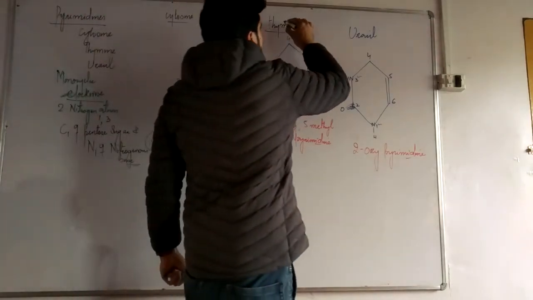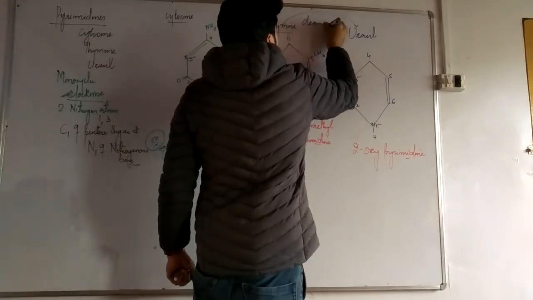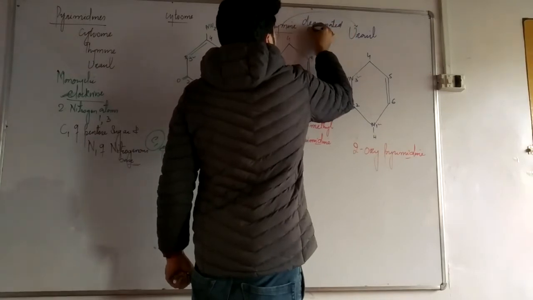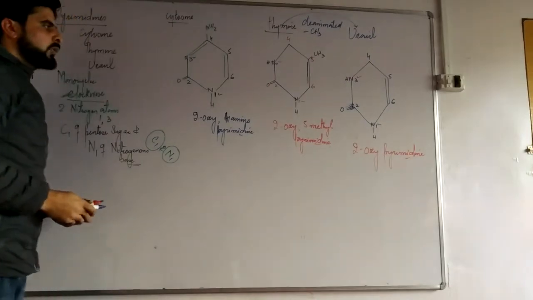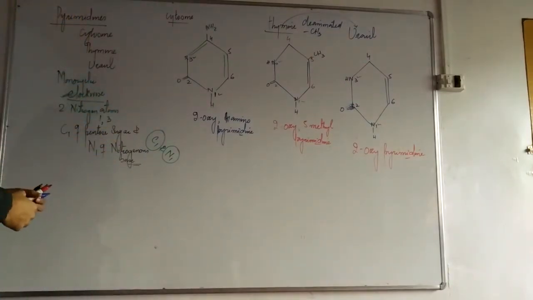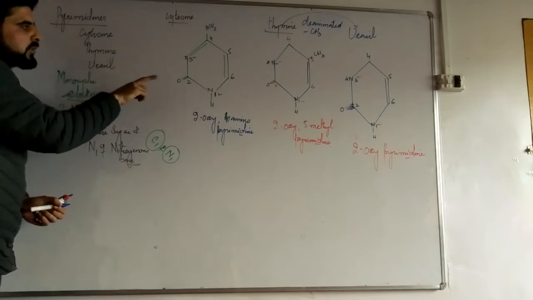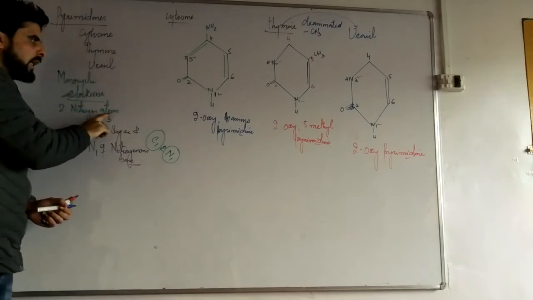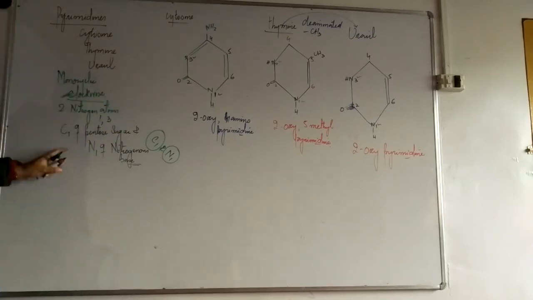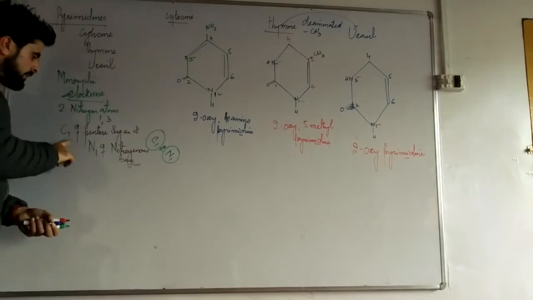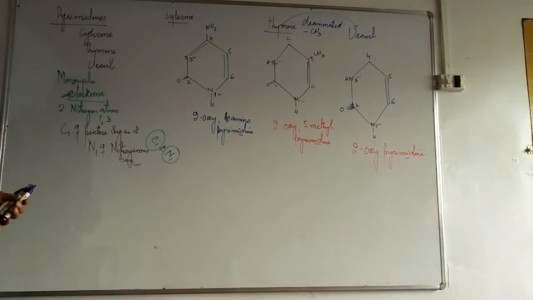That means if thymine is deaminated, that means if a methyl group is removed here, then it changes into uracil. These bases we call pyrimidines, that means they are monocyclic in structure. Their numbering will start in a clockwise direction, with 2 nitrogen atoms in the ring located at positions 1 and 3, and if they make a nucleoside, they will make a bond between C1 of the pentose sugar and N1 of the nitrogen base.